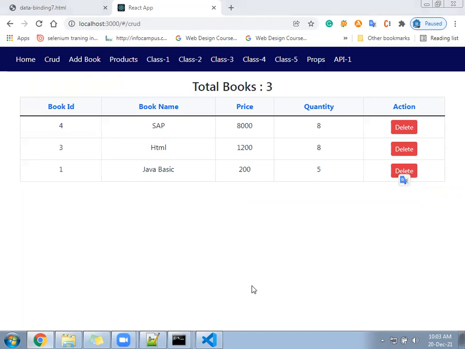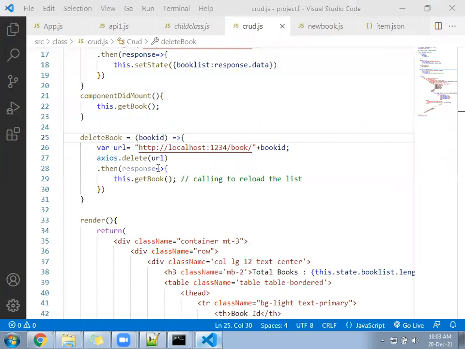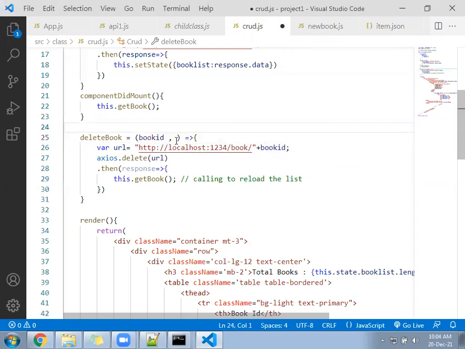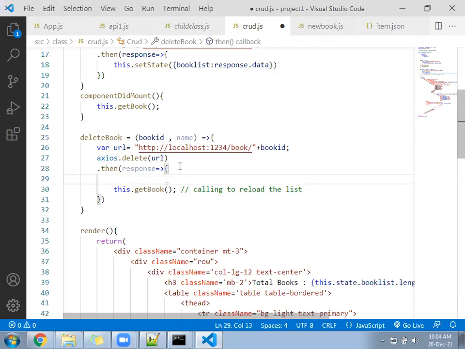So for that, you can see here in your code, under the delete book function, book ID we are receiving. After the book ID, we can receive one more parameter here called name. And then we can write a this dot set state at this place.